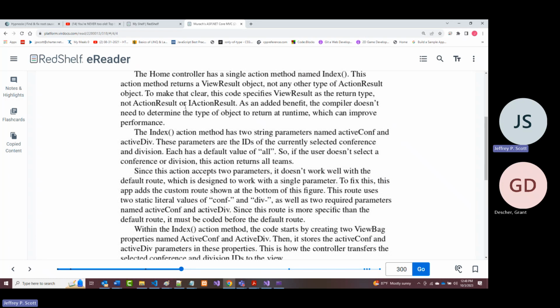Again, the home controller has just an index method that handles every